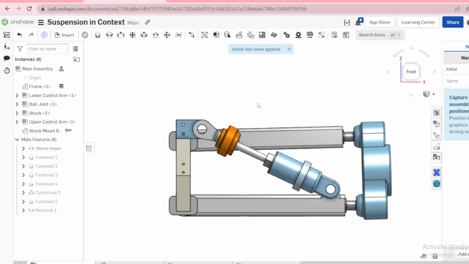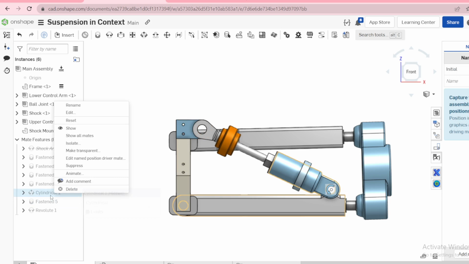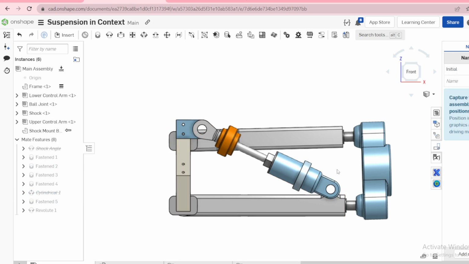Then I want to suppress this cylindrical here. This cylindrical. Remember, the one we created here, cylindrical. Let me suppress it. And I want to suppress this revolute one. Then these are the new mates we have created. I want to suppress them so that I can illustrate how you can update your in context and unsuppress this. Okay,